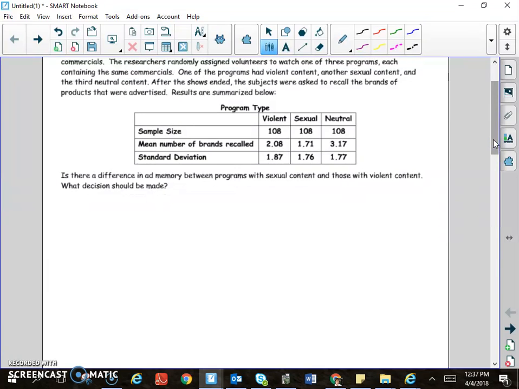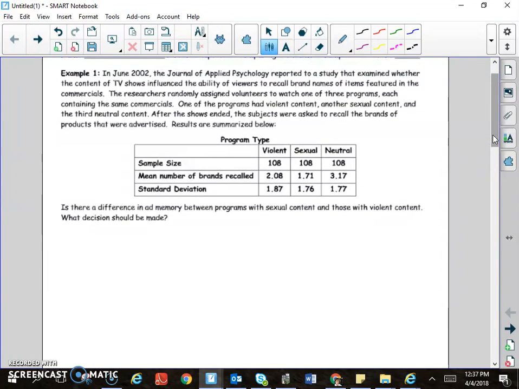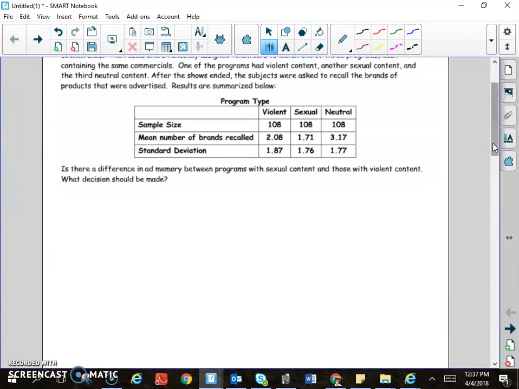What we're looking at for this question is whether there's a difference in the amount of information people can memorize between two different types of programs, like a sexual content program versus a violent content program. So we're trying to see, is there a difference in the amount of memory or information someone memorizes between those two types of commercials? You have to look out for keywords,